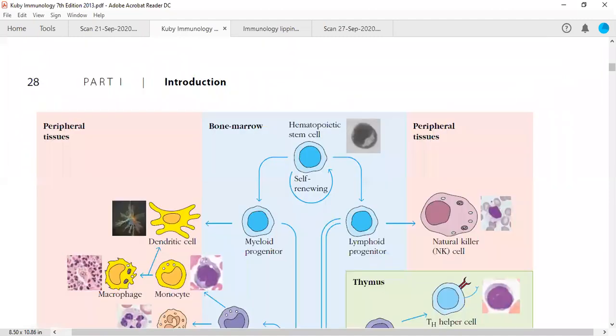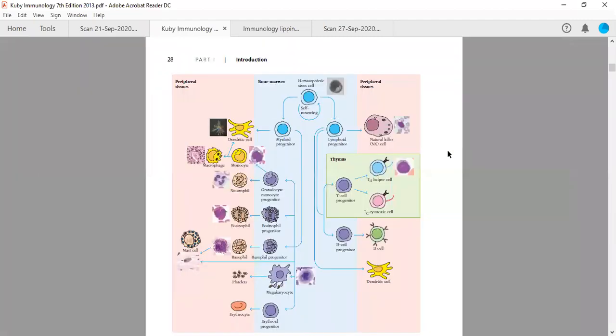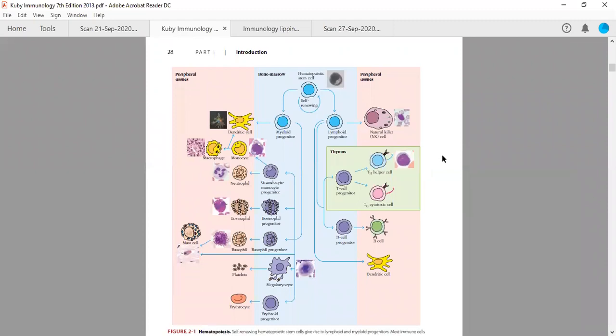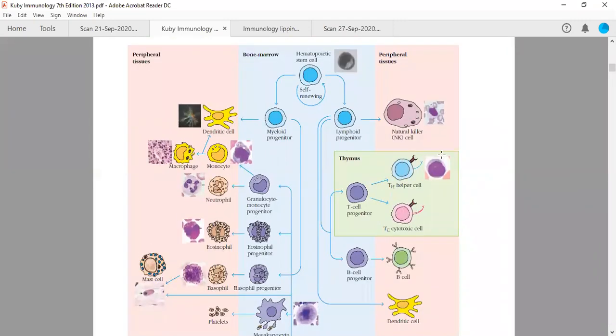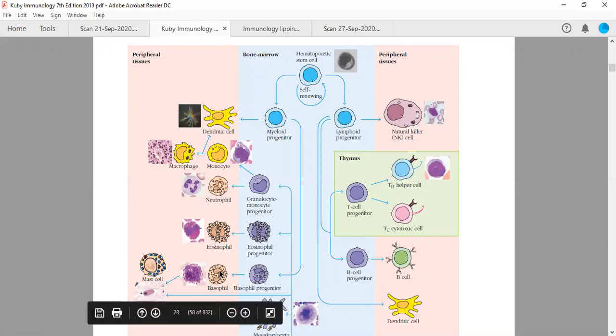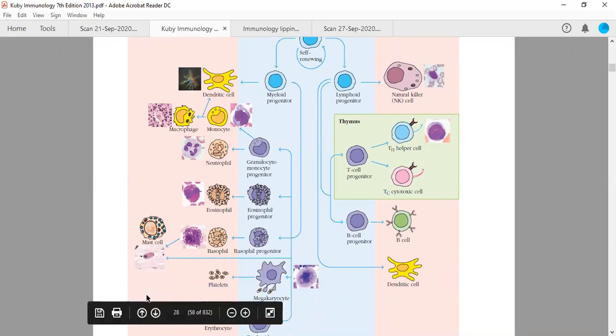All right, so here it is. If you see this particular diagram, this is a complete picture of how the different types of cells which are present in blood and lymph are synthesized. All right. So this is a self-renewing hematopoietic stem cell, which is the mother cell, which will give rise to all different kinds of cells, including monocyte, macrophage, neutrophil, eosinophil, mast cells, basophils, platelets, and all. Okay, and RBCs